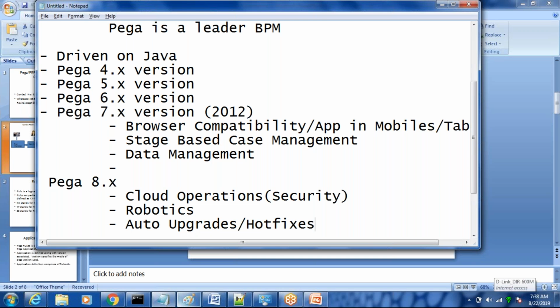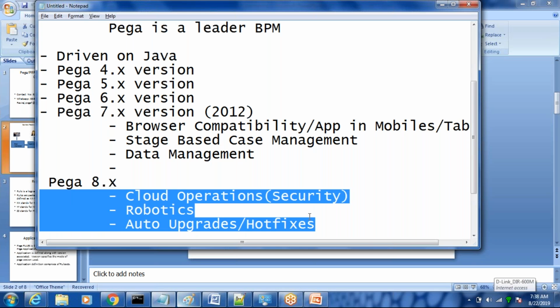Okay, and that fix is called a hot fix. A hot fix is one that is automatically provided to us as a hot fix. There is a page where we can see the list of hot fixes, and as and when they come, it automatically installs those hot fixes as well. Those are just at a high level what was introduced in these versions, the version to version differences.